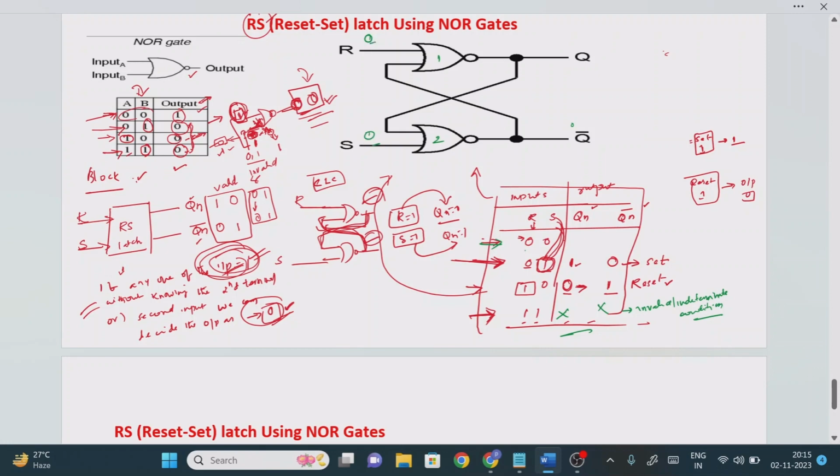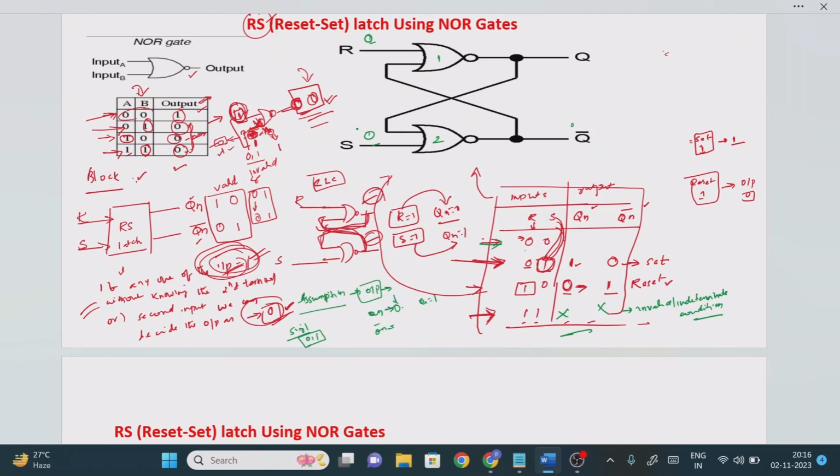Now how do we find it? Here we need to make assumptions. By making an assumption, we can find the output value. Assumption for what? We need to find the output value, so in the output we need to make the assumption. How many outputs do we have? One is Qn, another one is Qn bar. Qn is a single terminal, so how many possibilities will we get? Either it may be 0 or 1. So we can make the assumption either 0 or 1. These are the two possibilities.